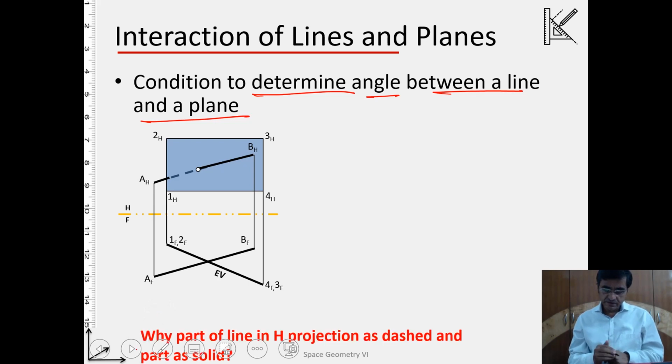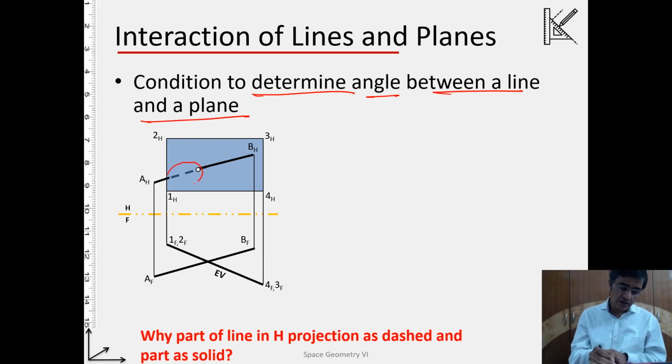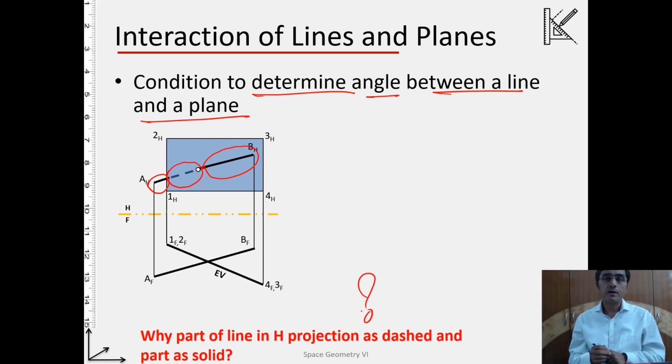In this case, just something a little different than what we are discussing right now, and that is about the visibility of the line. You will notice a part of the line I have done as a dashed line, while this part is a solid line, this part as a solid line. Why? I will show you by an example, and of course you can see it from here also.